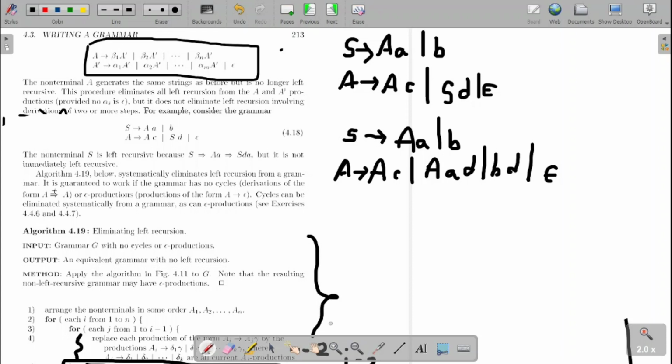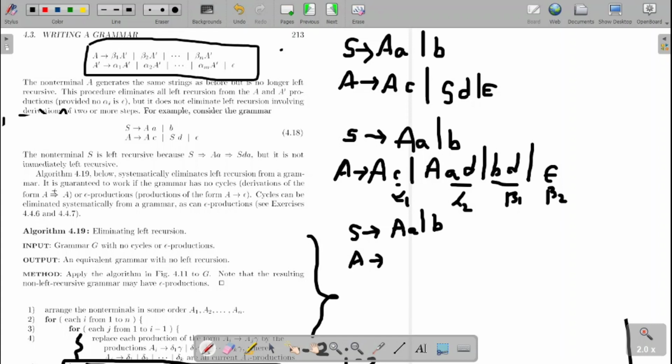So now I got the immediate left recursion. Now I need to eliminate it. This is alpha 1. This is alpha 2. This is beta 1. This is beta 2. Beta 2 is your epsilon. So when I apply the elimination method for eliminating the left recursion, the first one I will write as it is, as it doesn't have immediate left recursion. S derives A or B. Then for the A.